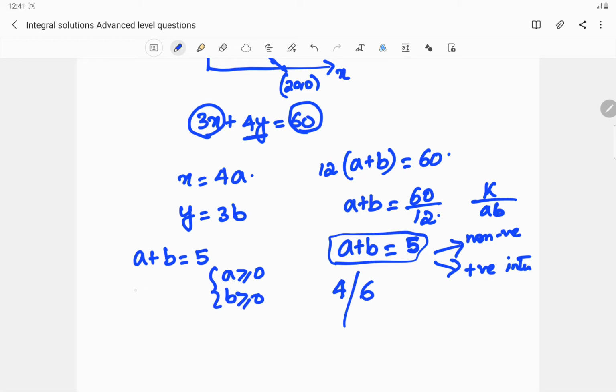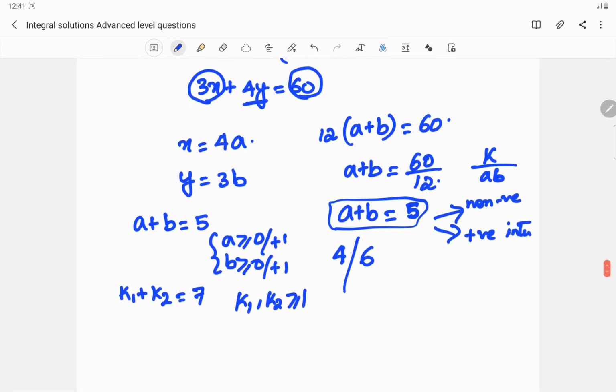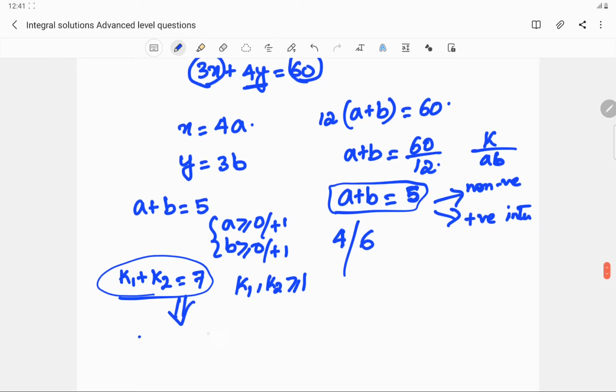So it would be, instead of a greater than or equal to 0, I'll add 1 to the right hand side here, so this will become k1 plus k2 is equal to 7, where k1, k2 are greater than or equal to 1, and in order to solve this equation, there will be 6 balls on the table. If I have to select from the 6 gaps between 7 balls on the table, I have to select any one, so 6C1. So that is where we're getting this 6.